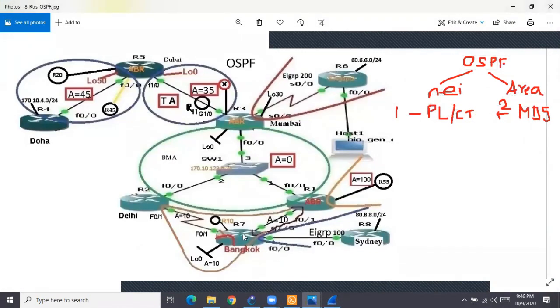When I did telnet from R7 to R4, or I did HTTP, how did the traffic go? It must have gone like this, no? Whatever is the path, it must have gone like this. That means it must have passed through R5, correct? To reach R4, the traffic has to go through R5. Did R5 block the traffic? No.